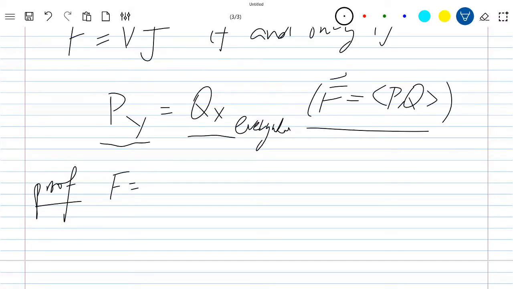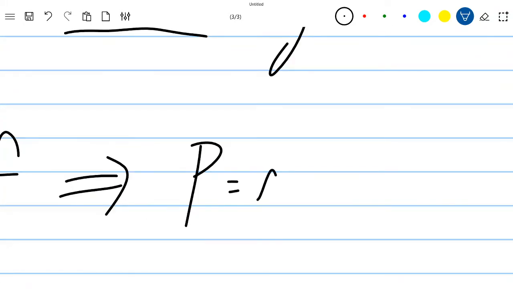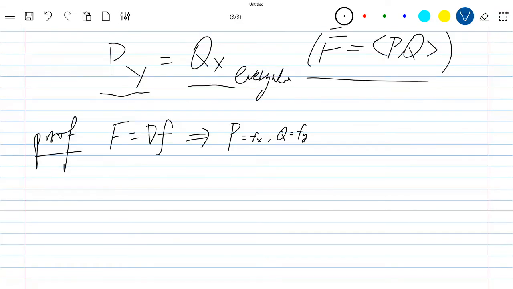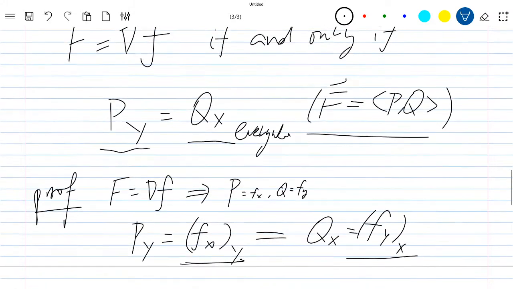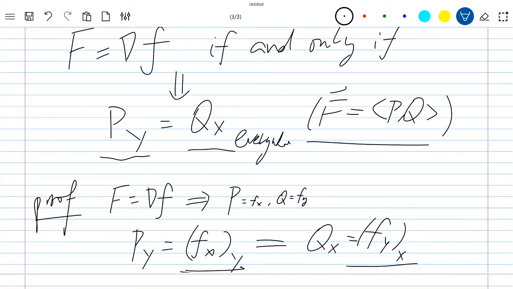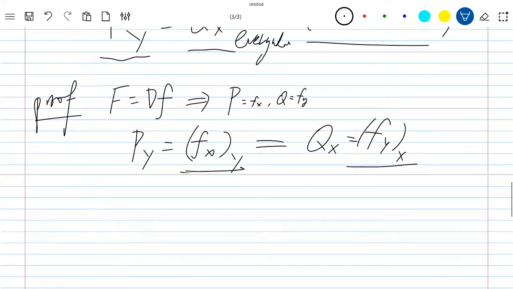First, if this is true, then P equals f_x and Q equals f_y, right? By the definition of potential field. And what is P_y? P_y is f_xy, and Q_x equals f_yx. And they must be the same because by Clairaut's theorem, the cross derivative does not depend on the order of the derivative. So we showed one direction, this to that is easy. The other way,